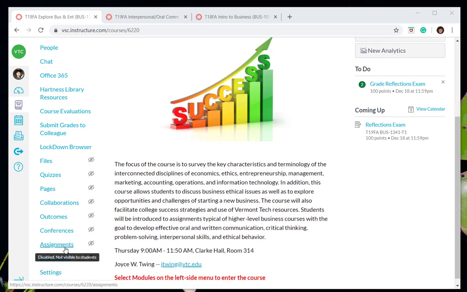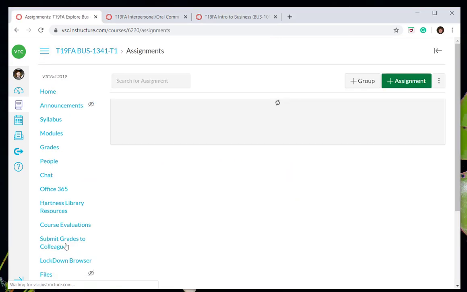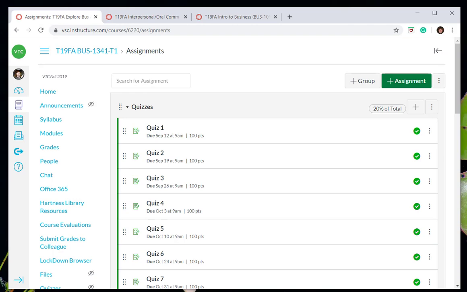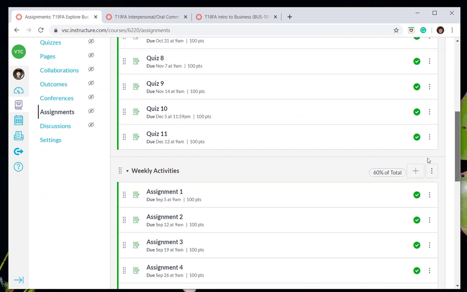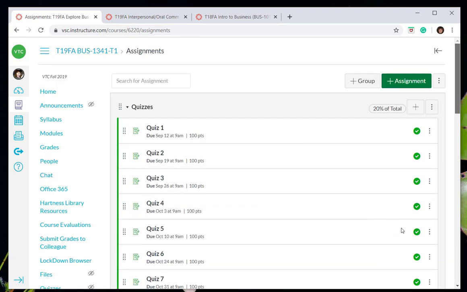So if we look, we're going to go to assignments. We're not going to go to the grade book, which would be the intuitive thing to do. We're going to go to assignments. And here you'll see that I have several assignment groups. I have some quizzes, and then I have weekly assignments, and then I have a couple of projects. So if I wanted to drop the lowest quiz grade, or if I wanted to drop the lowest quiz grade and the lowest weekly assignment grade,